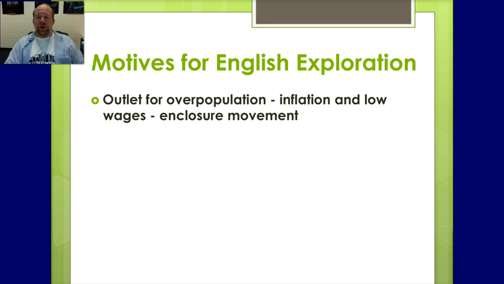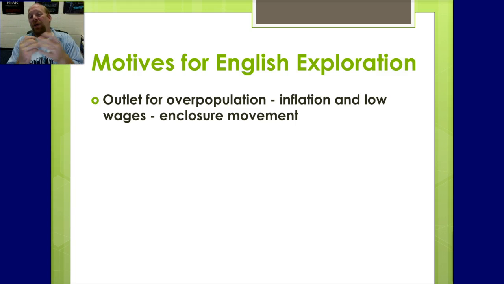So, these are the motives I want you to know for English exploration. Now, the English really, really wanted to get rid of some of their overpopulation. So they started what's called the enclosure movement. They were enclosing all of the area. And Sir Thomas More actually said that the sheep ate men. Because if you think about a sheep out in a pasture, it eats two to three times its weight in the pasture land. But you enclose all of the little cities and towns that are in England, and the sheep are now brought inside. Sheep are basically eating the people out of house and home. They call that the enclosure movement, okay?